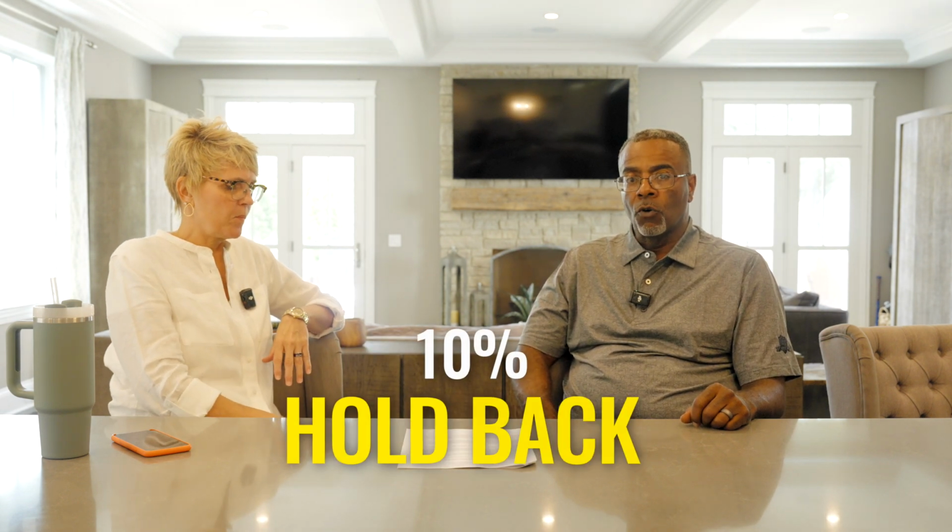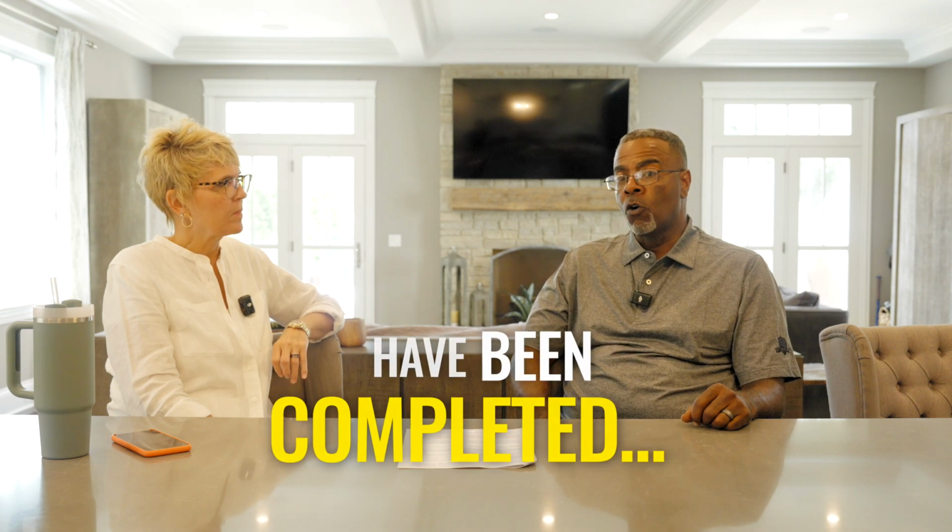Yep, absolutely. So basically the purpose of the 10% holdback is to make sure that they pass all final inspections through the municipality where the permits were issued, and make sure that if there's punch list items, they have been completed. So a homeowner is not going to sign off on a final inspection draw if there are items that are